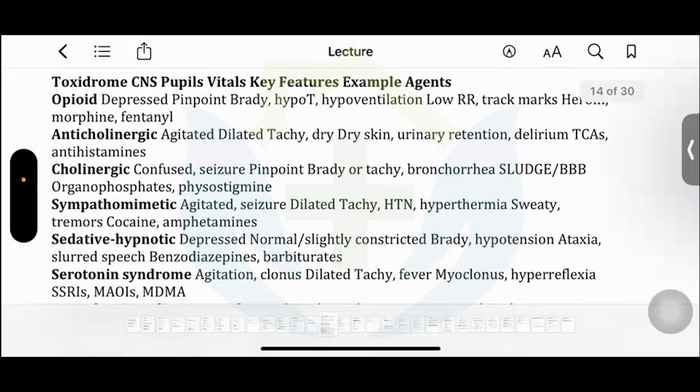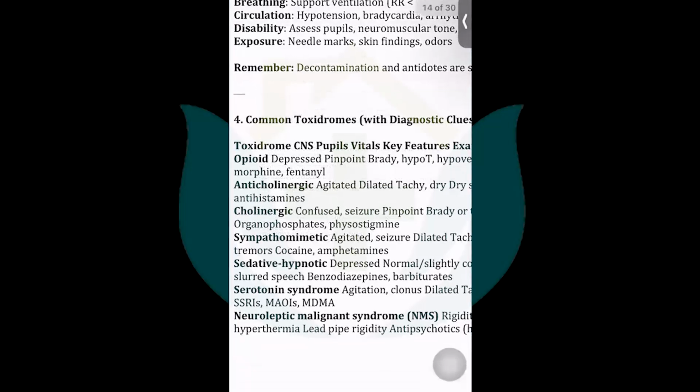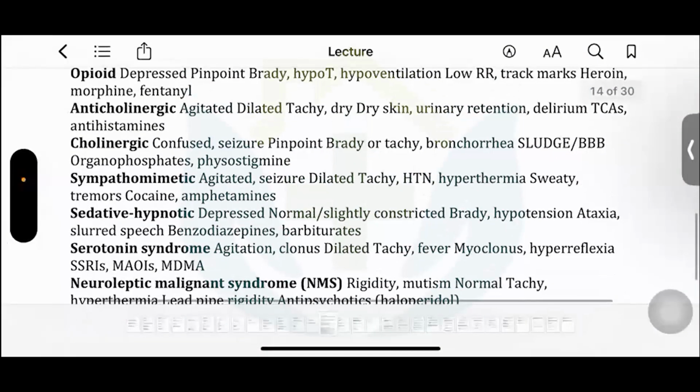Sympathomimetics like cocaine and amphetamine can have an agitated patient who is throwing seizures. Pupils will be dilated. There will be tachycardia. On ECG, you may have an ST elevation which is present globally. Can have angina also. So hypertension, hyperthermia, sweaty palms, and tremors. So sympathomimetic. Sedative hypnotics like midazolam, barbiturates can cause a depressed patient with normal or slightly constricted pupils with bradycardia,